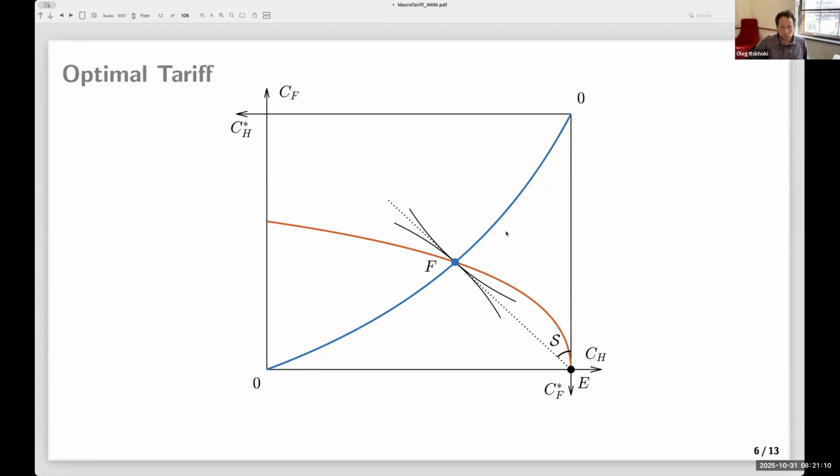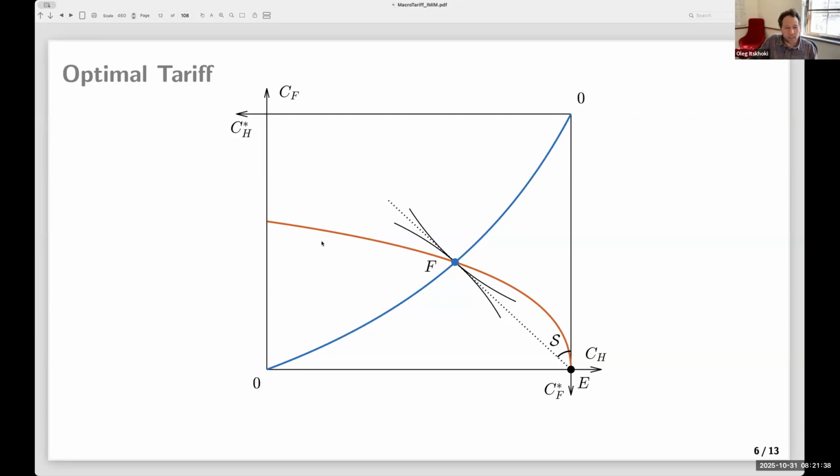So this is a locus of points along which the home marginal rate of substitution touches the foreign marginal rate of substitution, which means that this is the Pareto efficient set. It's a set of Pareto efficient allocations. Free trade is one of those where, according to the wealth of the two countries, they find an efficient point without the tariff. That would be like laissez-faire without the tariffs. And that's indeed what the global planner would like.